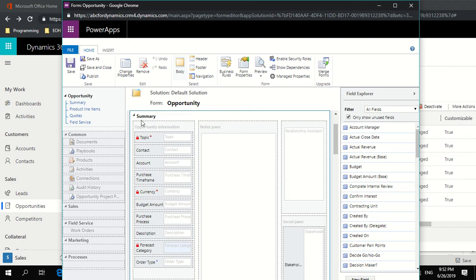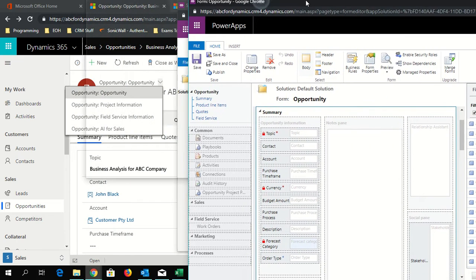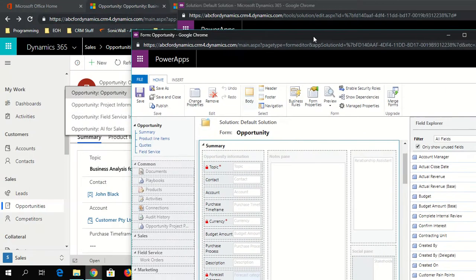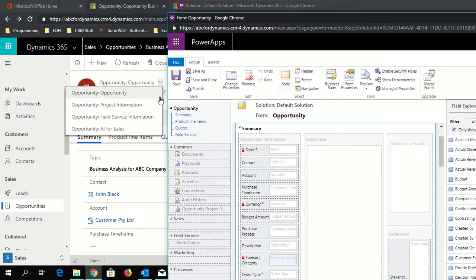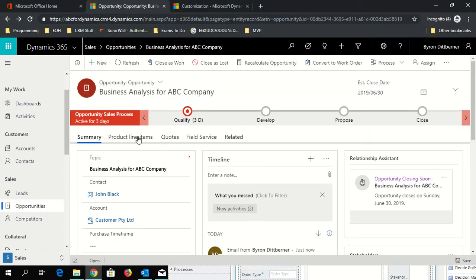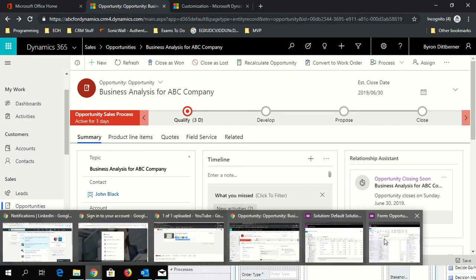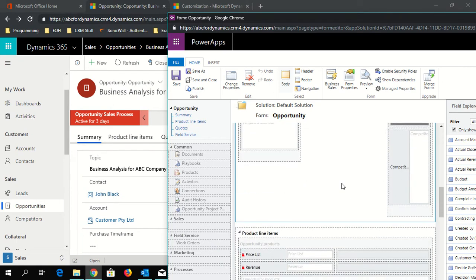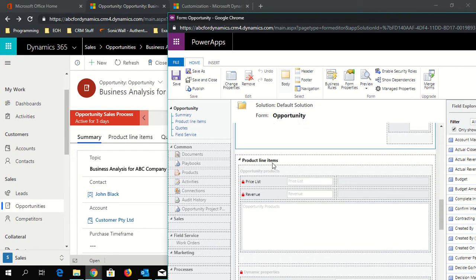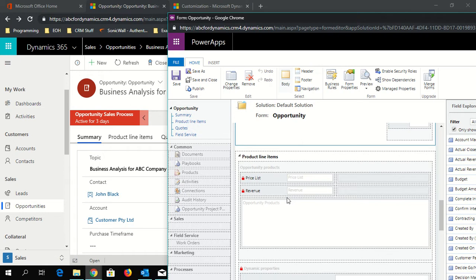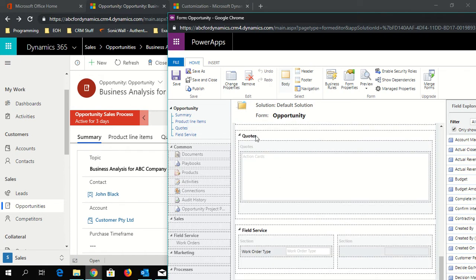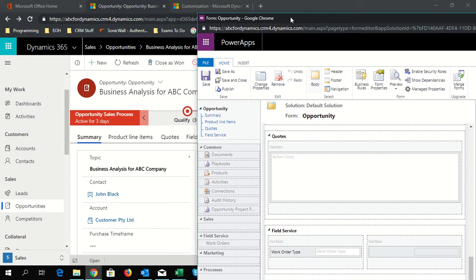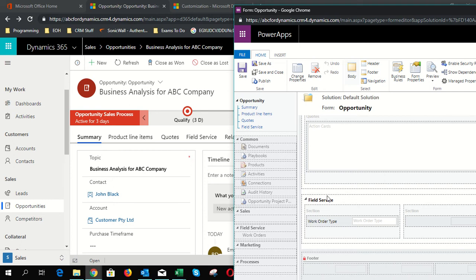You see over here where it says summary, this is a tab. So let's go look at the form. Let's move this to one side, and let's collapse that menu. You see where it says summary here, and if I open, you'll see the first tab is summary. If I scroll down, the next section is called product line items, and the next one is called quotes. Let's move my window over. There's quotes, and there's field service,